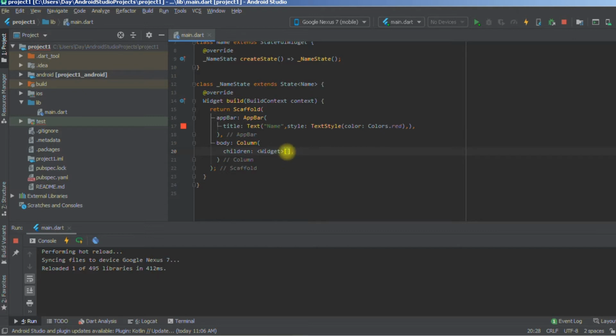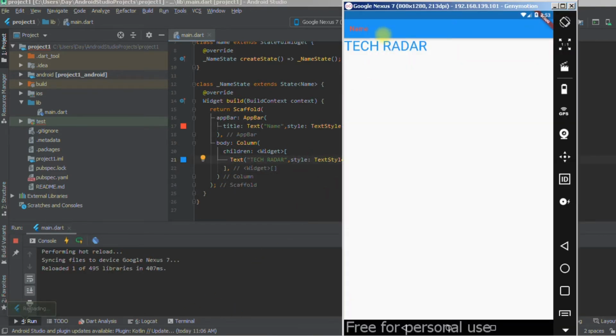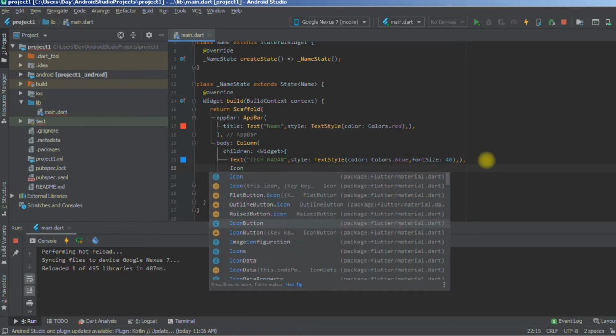Now inside these big braces right here, you can place any number of widgets you like. For example, let's go ahead and put the same Text widget over here. Once I do that and save it, you can see this Tech Radar is over here. So you feel like nothing has changed,